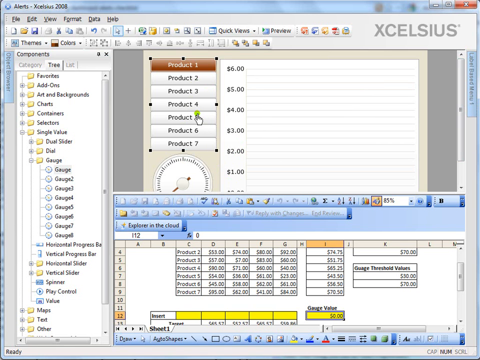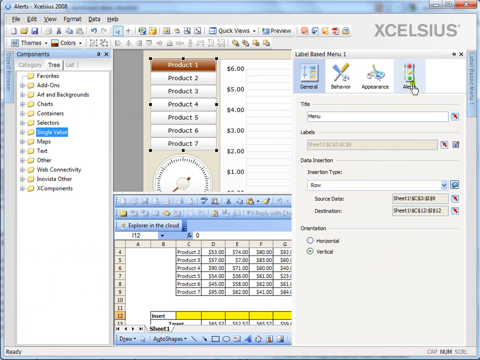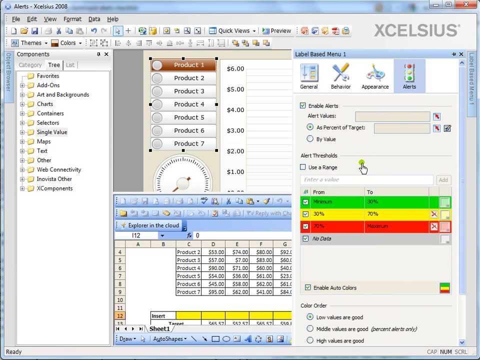So first, let's take a selector component, which is a label-based menu in our case, and let's examine what we have under the alerts tab. If you observe, all the options here are grayed out because I haven't checked the checkbox which says enable alerts. Once I check the box, everything is available for me to explore or bind to the data or set